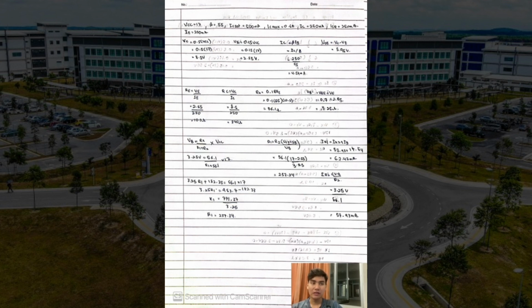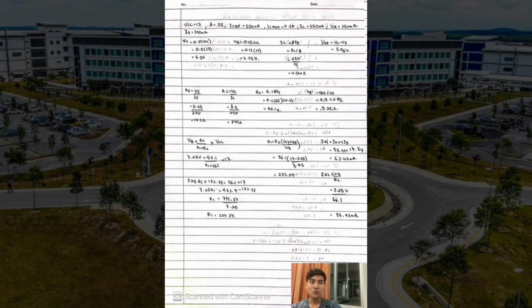So today I will explain about the calculation for simulation 2. The first one that the question gives us is VCC is equal to 17, beta is equal to 55, IC saturation is 500 milliampere, and IC max is 0.6 ampere. IC is 250 milliampere and ICQ is 250